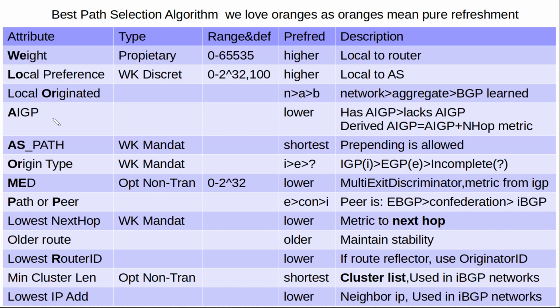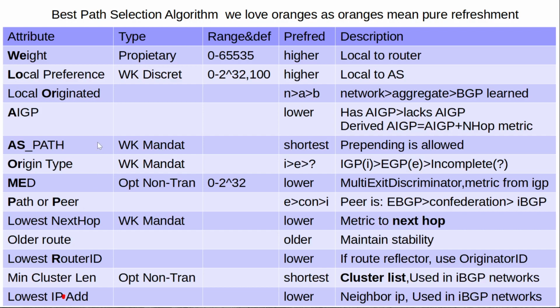Then it will look into the AIGP. Then it will look into the AS path. Then into the origin type. Then into the MED. Then into the path or peer type. Then it will look for the lowest IGP metric to the next hop, the oldest route, lowest router ID, minimum cluster list length, lowest IP